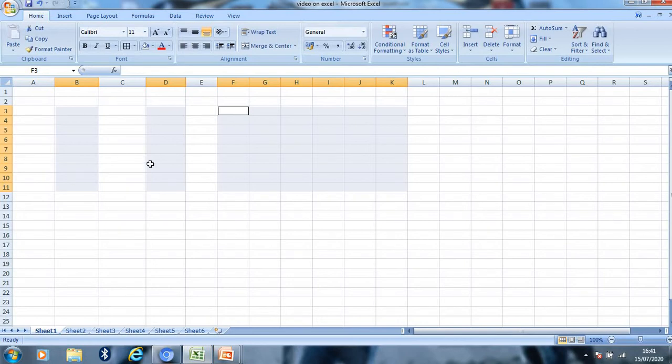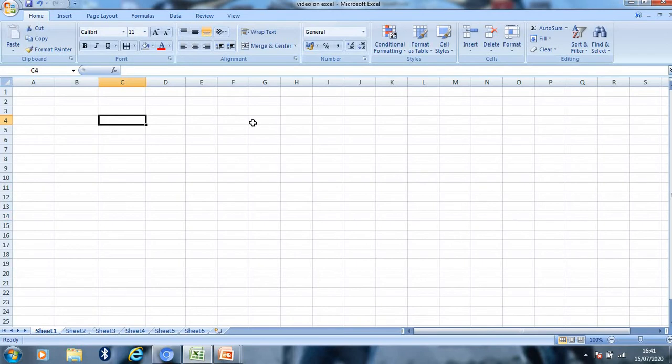Now, moving around the cells. How can we move around the cells? The best and simplest way is using the mouse. Using the mouse, you can just click on the cell in which you want to move. The second way is using the keyboard.